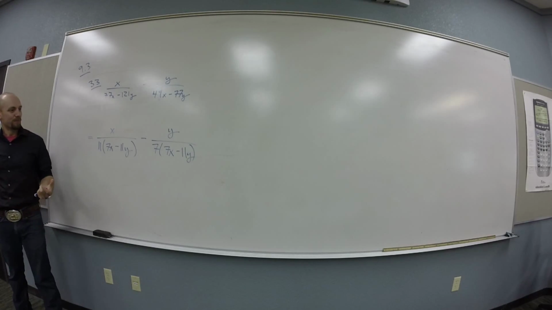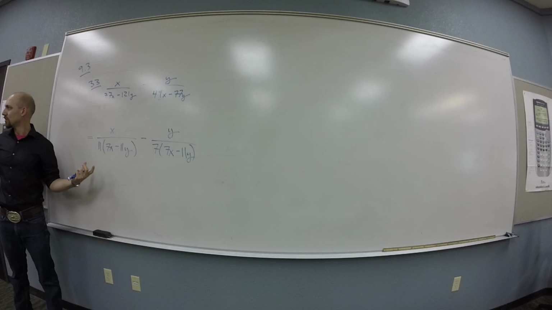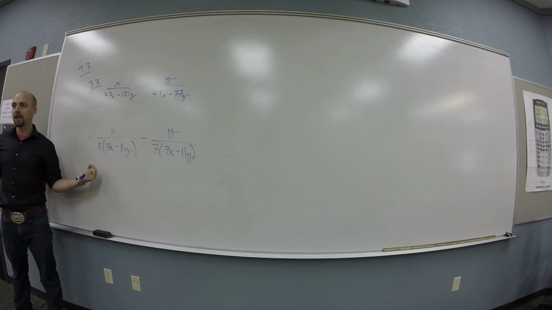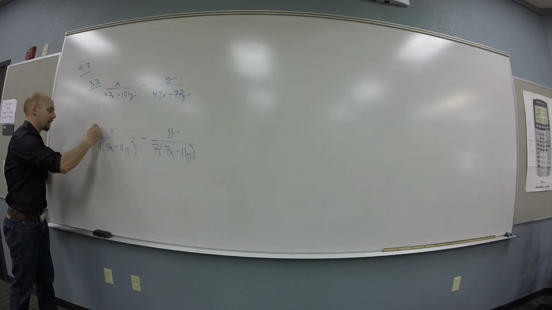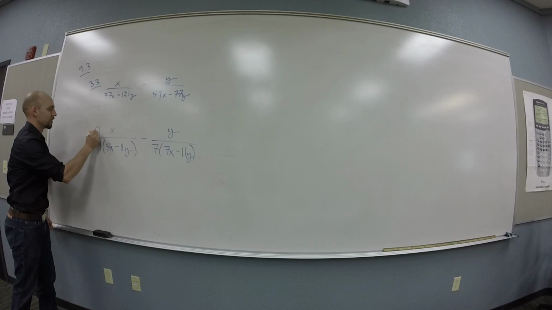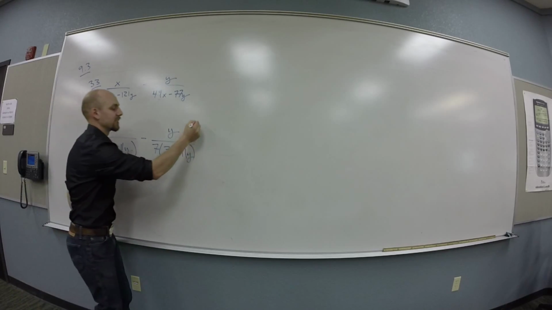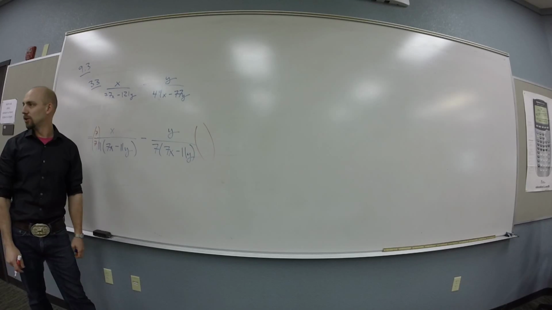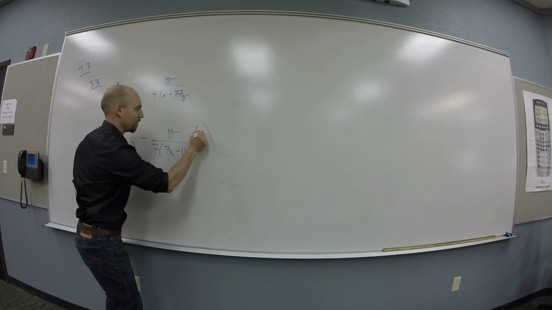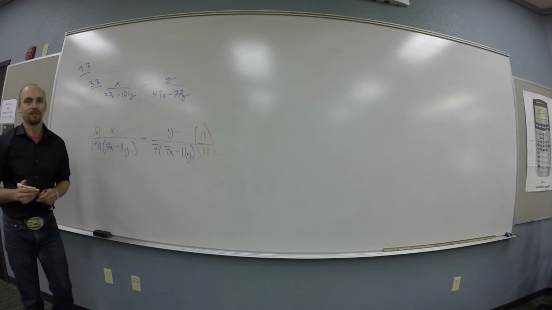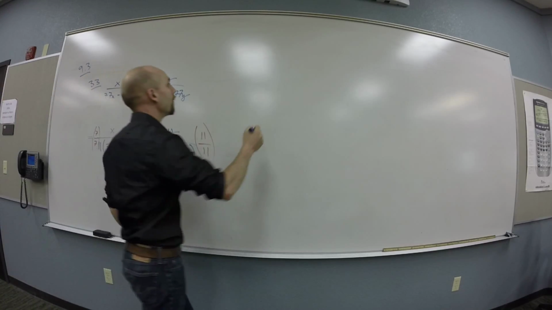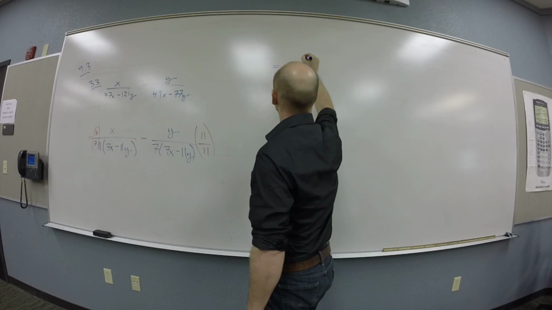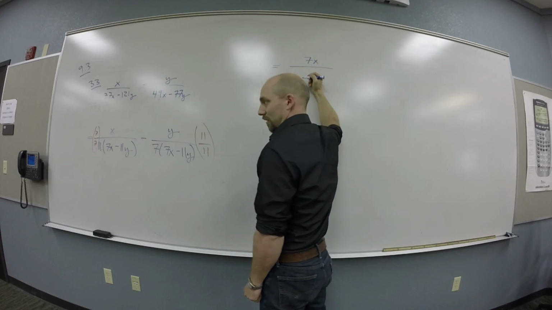All right, now what do we need? So what were we trying to do? Yeah, we're trying to stick two fractions together, right? So they need common bottoms. So what does this guy need on the bottom? Needs a 7. So I should multiply it by 7 over 7. And what does this guy need? That needs an 11. So I should multiply by 11 over 11. You guys cool with that? Okay, so next step, I'm going to have 7x over